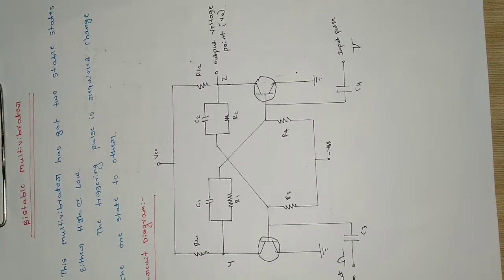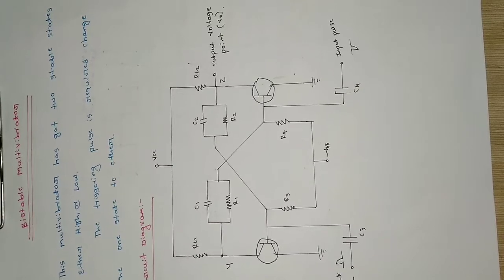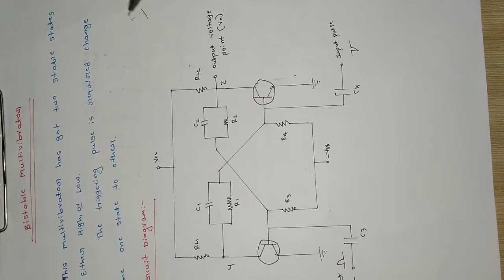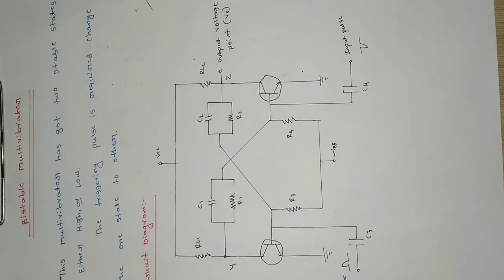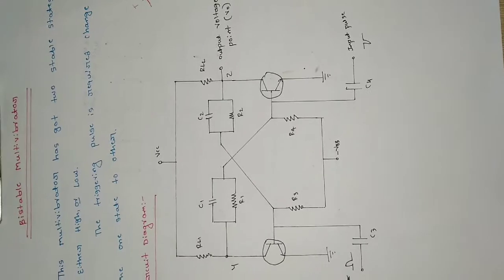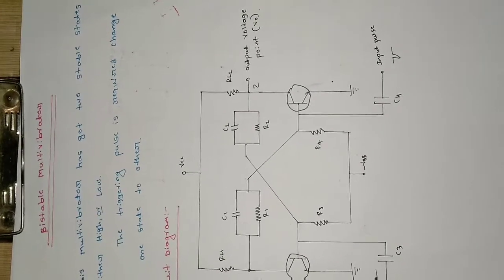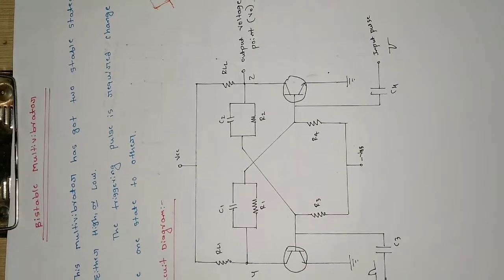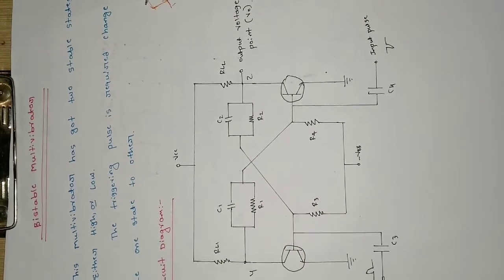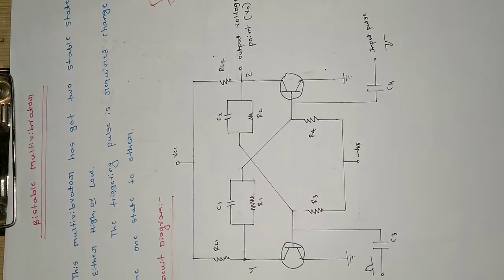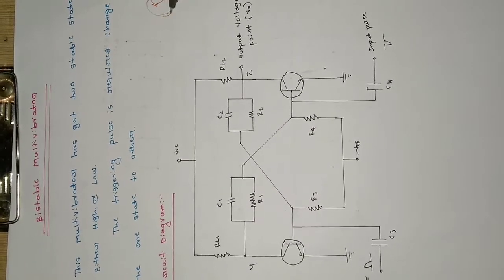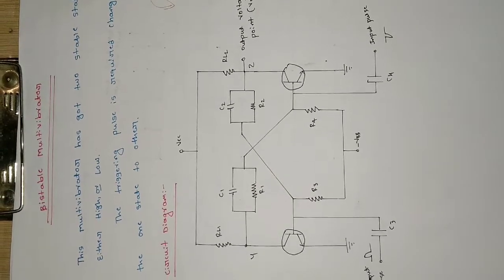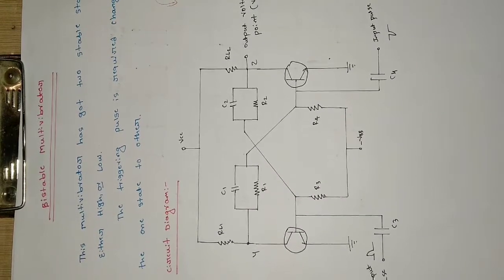The triggering pulse is required to change the state of this multivibrator. Currently if you are in the low state and you want to go to the high state, then you need to give the triggering pulse to this circuit. That means only after applying the triggering pulse are we going to get the other state. If you are currently in low, then we will move to high, or else if you are in the high state itself, then we will move to the low state. So we require two triggers here, to move from low to high and then from high to low.